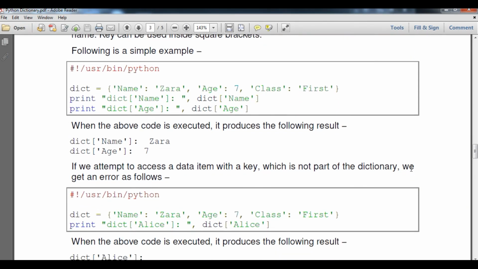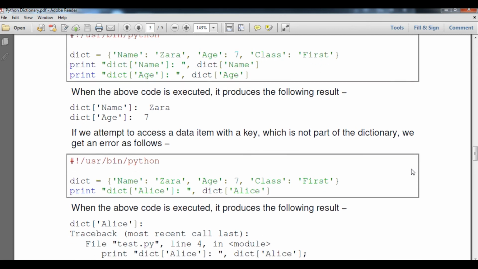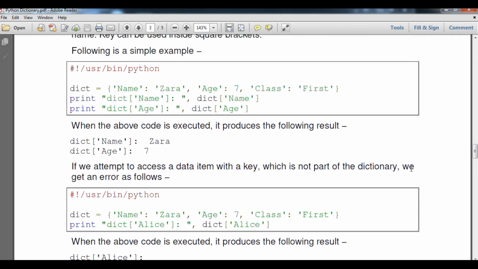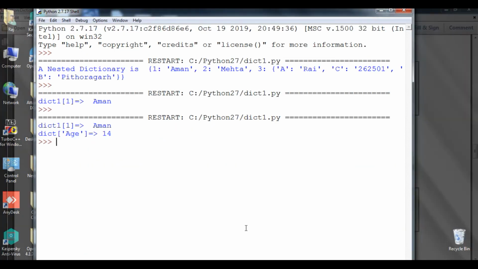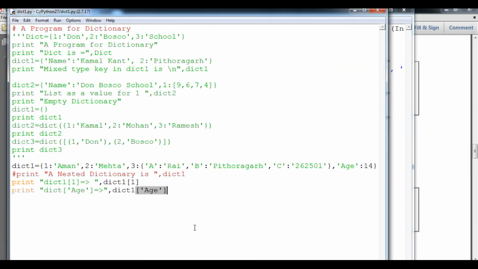And now we are going to understand how to attempt to access an element whose key is not part of the dictionary. Suppose I try to access a key which is not in my dictionary. Suppose I print dict of 1, maybe name.